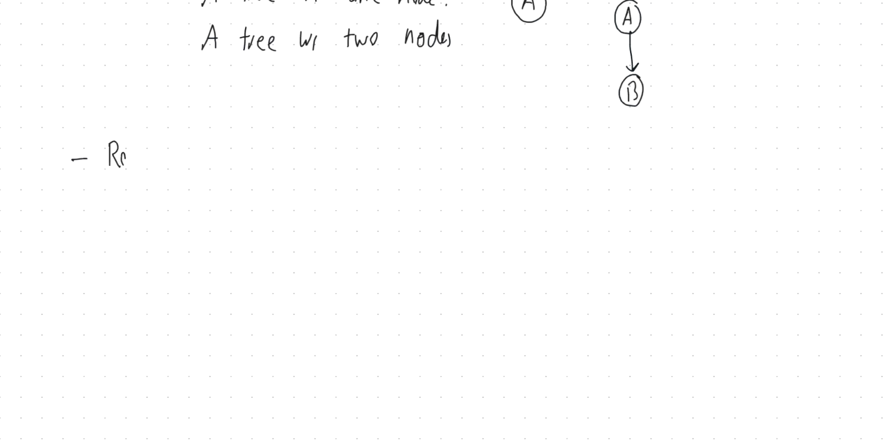Root node. The root of a tree is a node that doesn't have any incoming edges. So a node with no incoming edge is called the root node. And usually we draw that on the top of the tree. So the top node